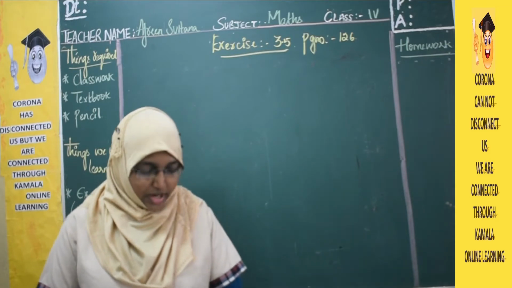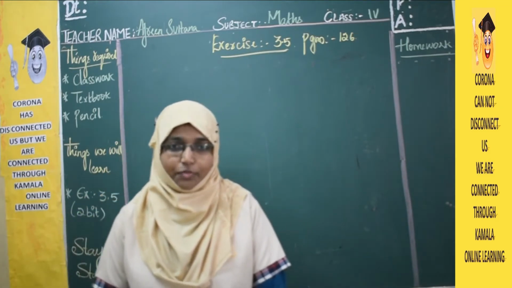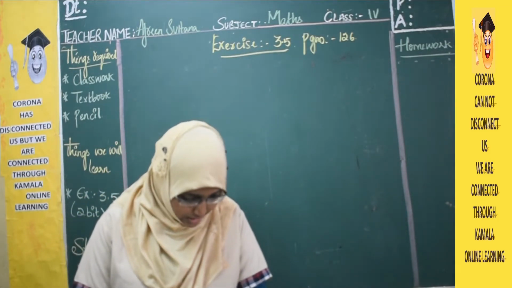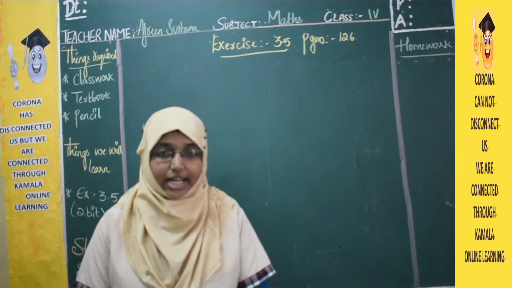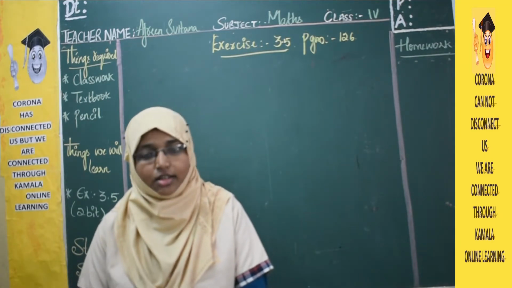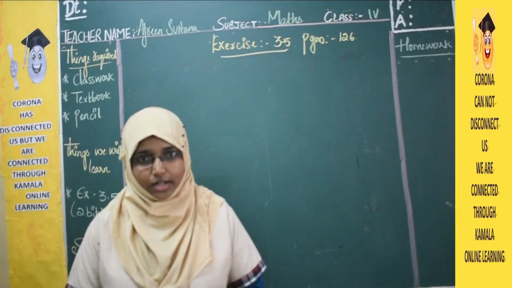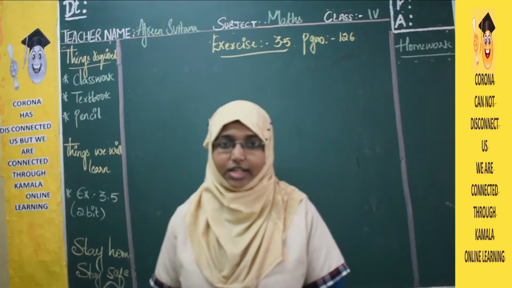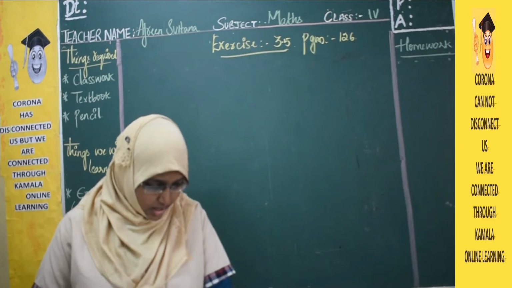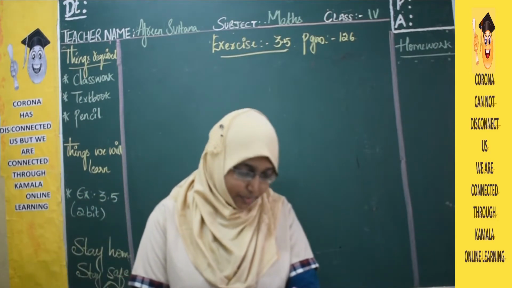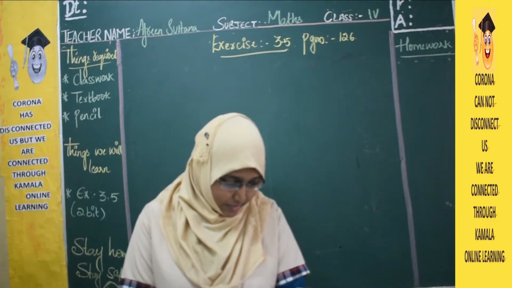If you remember, we have already done the second bit, first one, right? So let us continue with the second one. See, the whole bit is exactly the same. They have only changed the numbers. The question is the same, only the numbers are different. So let us go with the second one. It's a different model. Please have a look. Page number 126, second bit.